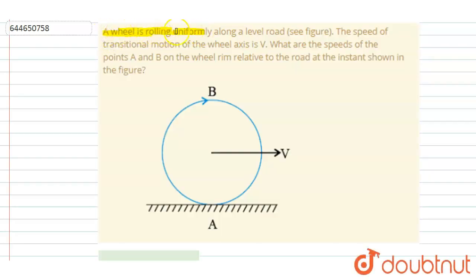A wheel is rolling uniformly along a level road. See figure. The speed of translation motion of the wheel is v. What are the speed of point A and B on the wheel ring relative to the road at the instant shown in the figure? So if you see here, this point A is in contact with the ground and ground